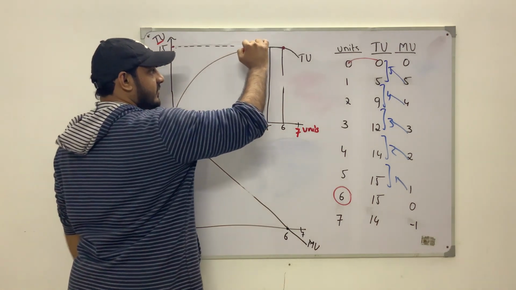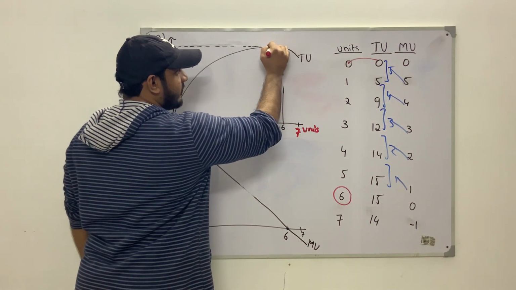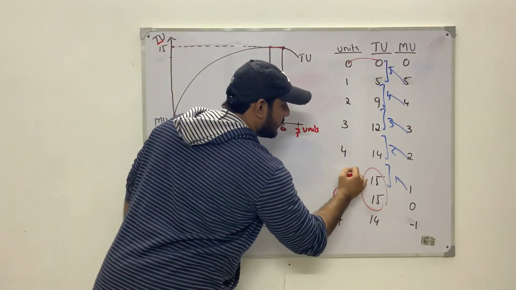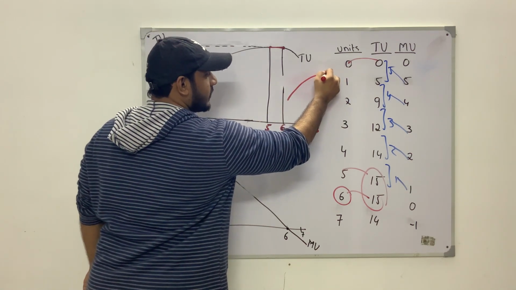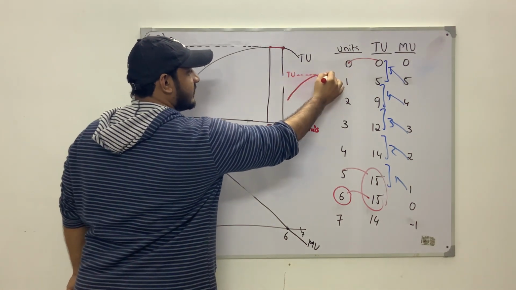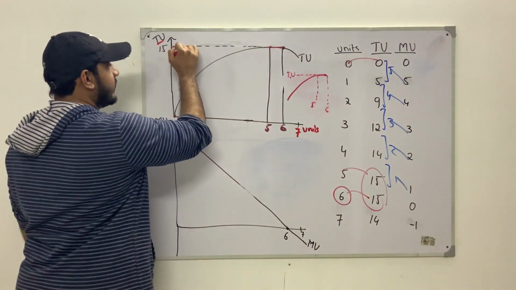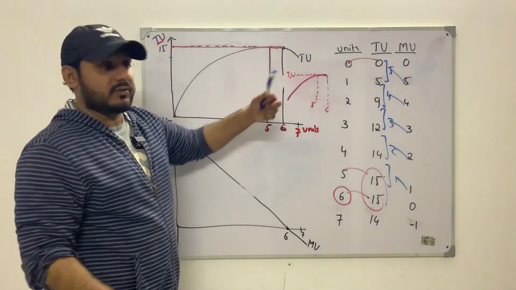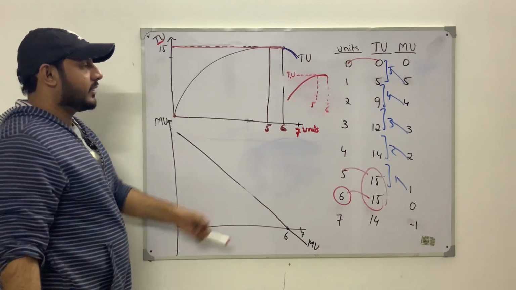and then it basically increases, and then a point comes where the total utility graph will be a bit flat between the 5th and the 6th unit, because obviously the total utility is the same on the 5th unit and the 6th unit. So it will go like this, and then it will be a bit of a flat region, because this will show that the 5th unit is getting the same total utility and the 6th unit is also getting the same total utility, right? 5th and the 6th units are basically getting a total utility of 15. We can see that, okay? So that is why this will be drawn a bit flatter. And then after the 6th unit, the total utility starts to fall, and we can see that the total utility graph is going down, it's falling, and you can simply see that.